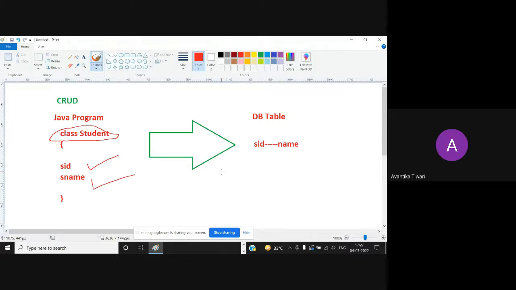We have to create an entity class. In the entity file, we will keep that entity class. Now tell me, if any normal class is there, how to make that class an entity class? Do you know that?